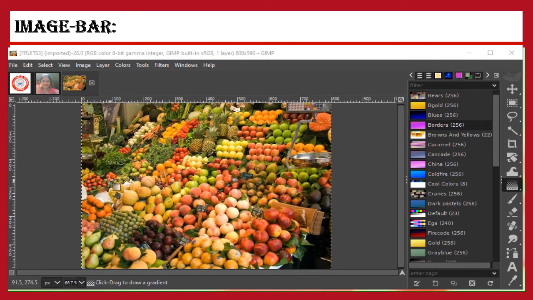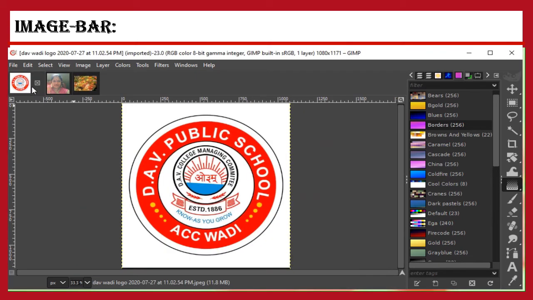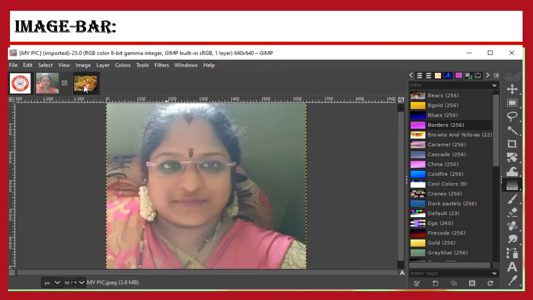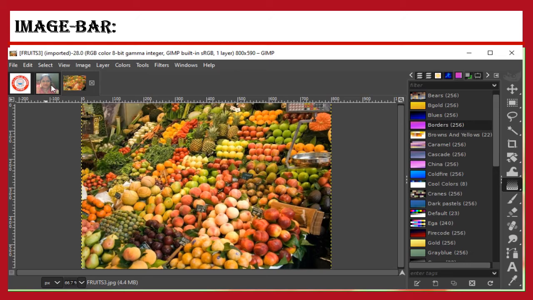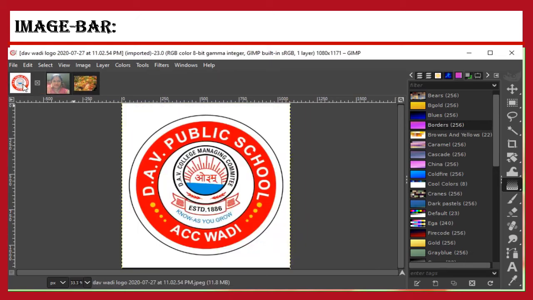Children, as I said earlier, this is an image window. If you open several images, a new bar appears above the image window with a tab for every image. Here, could you able to see, children? Also, if you want to navigate between the images, you can click on the tabs, or else you can also press Ctrl plus Page Up or Alt plus number or Page Down.